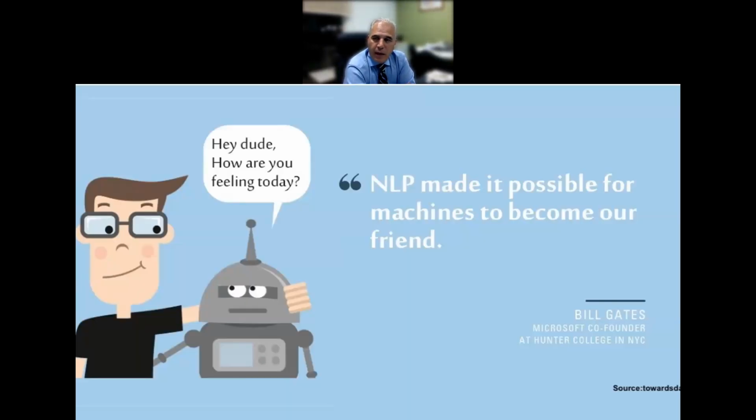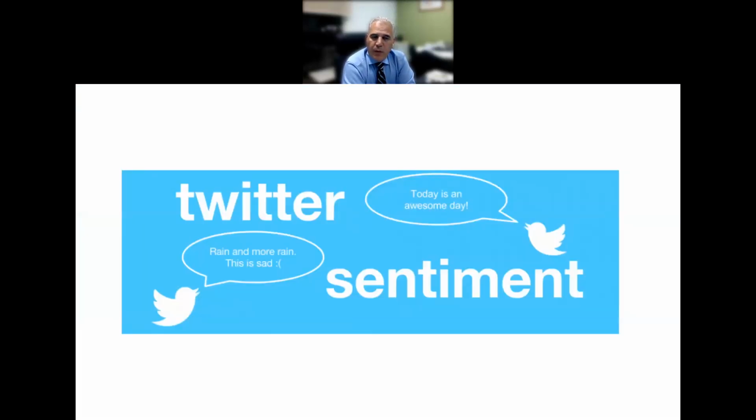Well, Bill Gates said that NLP, and that is natural language processing, has made it possible for machines to become our friends. What does this mean really? In a way, it means we can communicate with machines, we can communicate with a wealth of data through those machines, and we can interpret all of this information in a fast and automatic way. And of course, one of the major sources for such information is Twitter, where people actually write